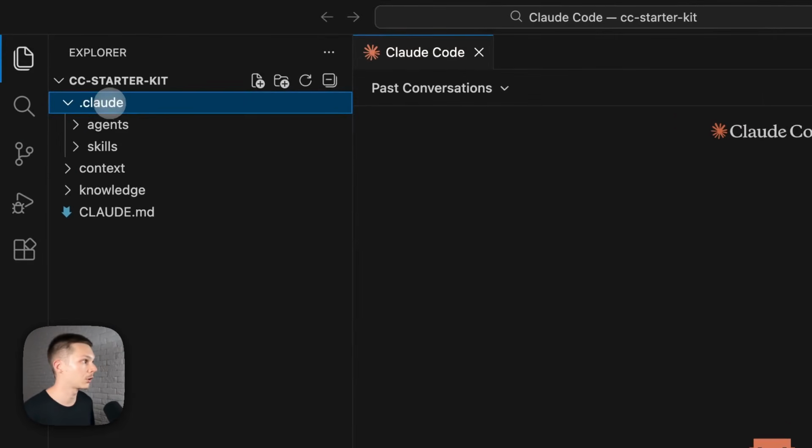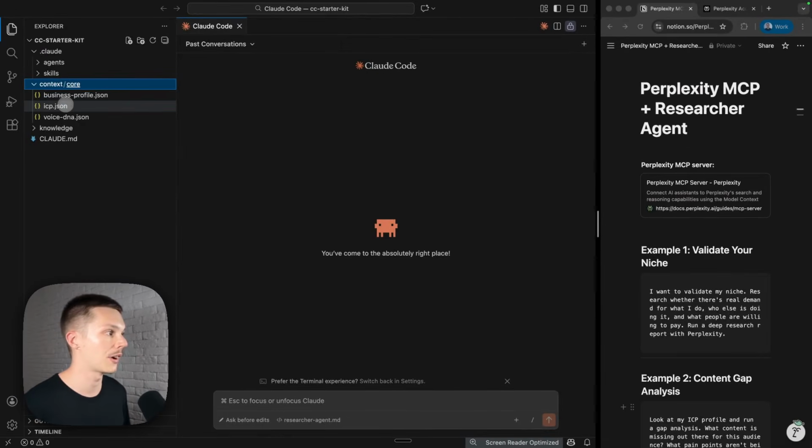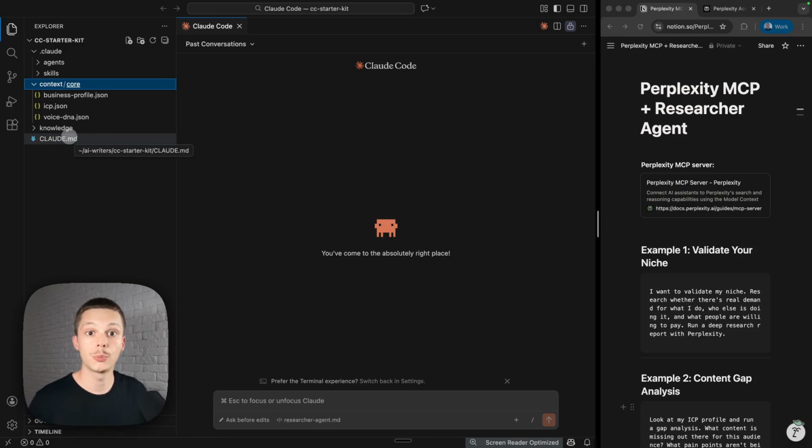Here on the left, we have our .claude with agents and skills. We have a context JSON profiles for our business profile, our ICP or ideal client profile, our voice DNA. We have a knowledge folder, and we have our claude.md file. And today, to put this research agent inside of here, we're actually going to be using the Perplexity MCP. So we're going to build an actual Claude agent and then give it access to the Perplexity MCP to run